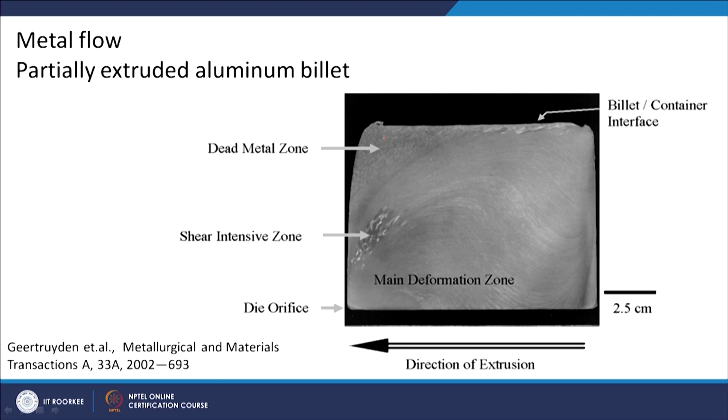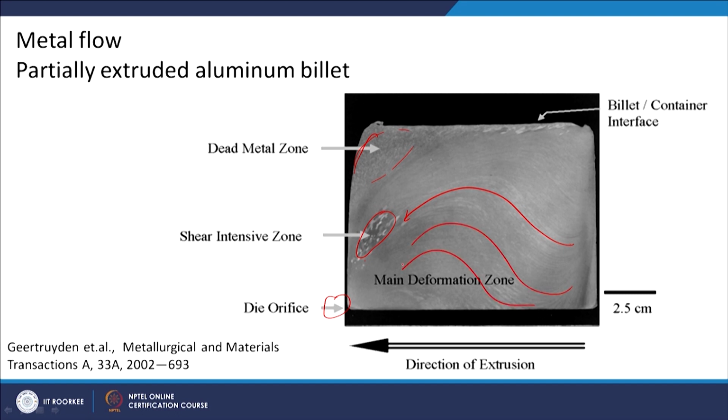As you can see here, this is the dead zone, you do not see any microstructural change here. Here you can actually see the material flow direction, the flow lines, how the grains are flowing. Here is where you have a very intense shear zone, a lot of shear strain imposed in this part of the die, just where it is going to come out. As you can see, the orifice is just somewhere here. So, just before coming out, it experiences maximum strain, and a lot of flow lines are going like this.